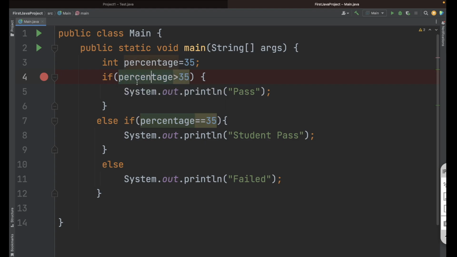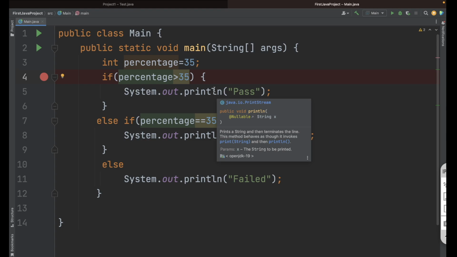Because see here, if you are writing percentage greater than 35, we already saw in the last session that if you are using the operator greater than, it will check whether it is greater or not, and the result will be true or false. If it is greater than 35, then your result will be true. If it is not greater than 35, then your result will be false, right?